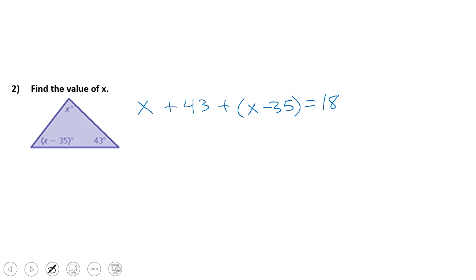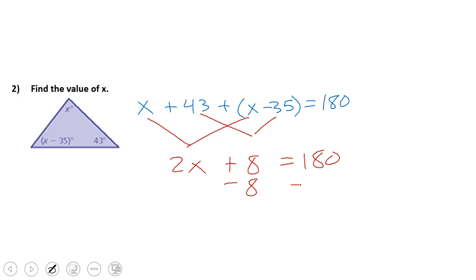And we know that all equals 180. So once again, combining like terms, we have a couple pair of like terms. We have 2 x's on this side, so 2x. We have 43 and negative 35, so that combined would be plus 8, is equal to 180. Now when we subtract the 8 from both sides to isolate the variable and keep the